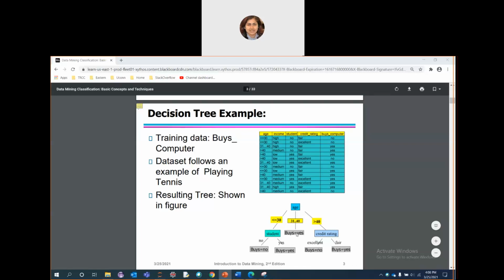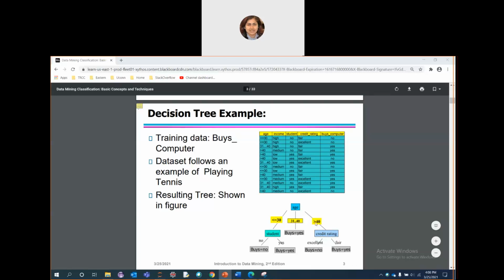So this implementation of the decision tree, we are basically getting from this table. In the same way, for age, if it is within 31 to 40, looking into the data, we will make a decision of buys as yes. If someone is 31 to 40, you can see the result of buys computer is yes.